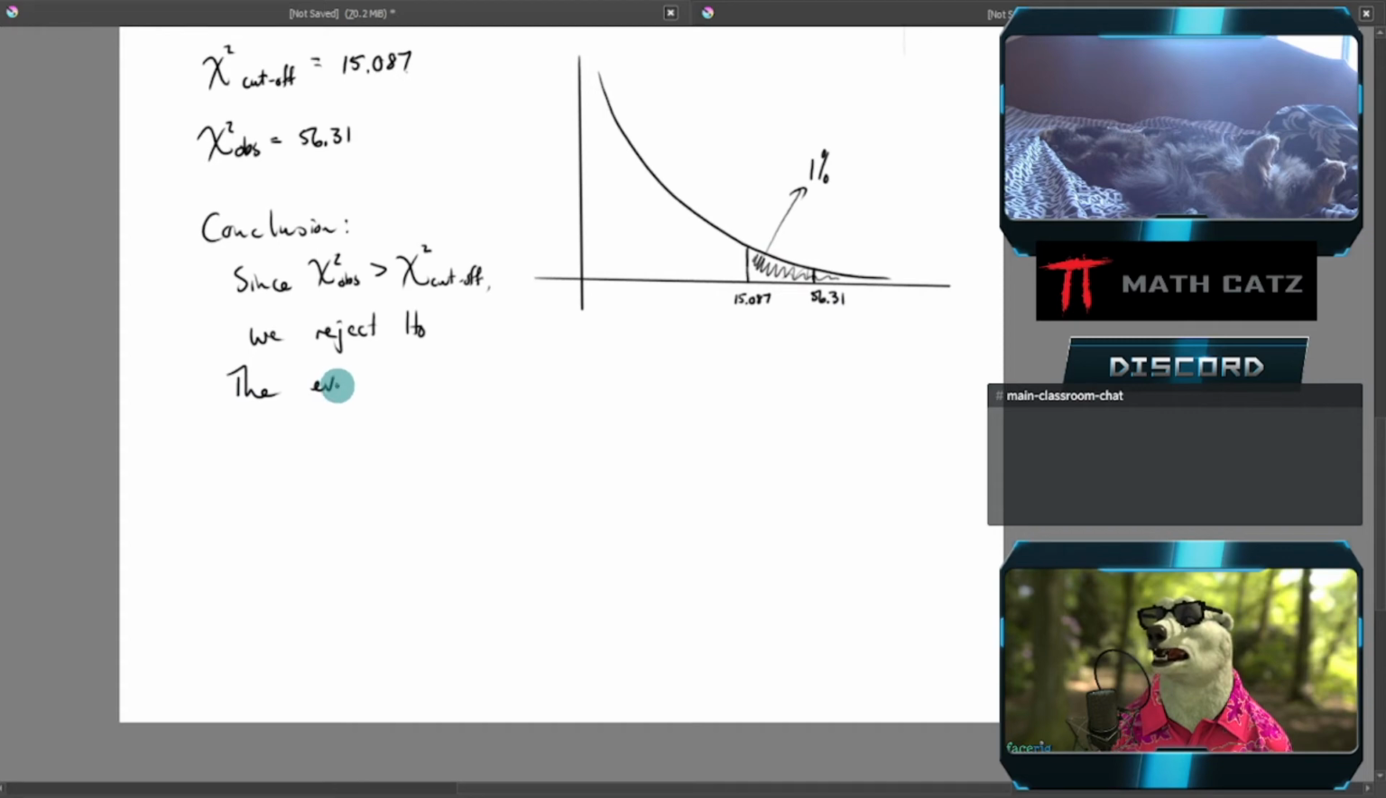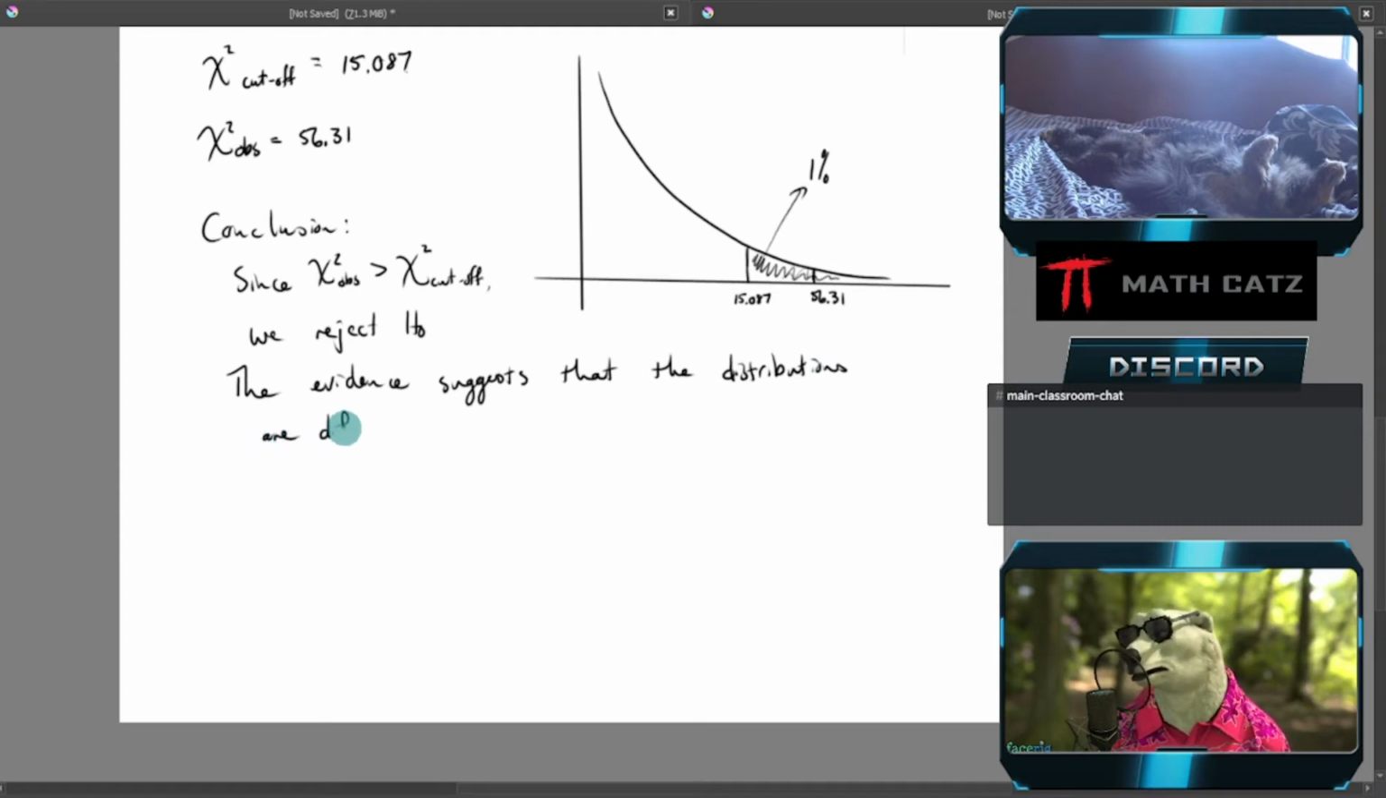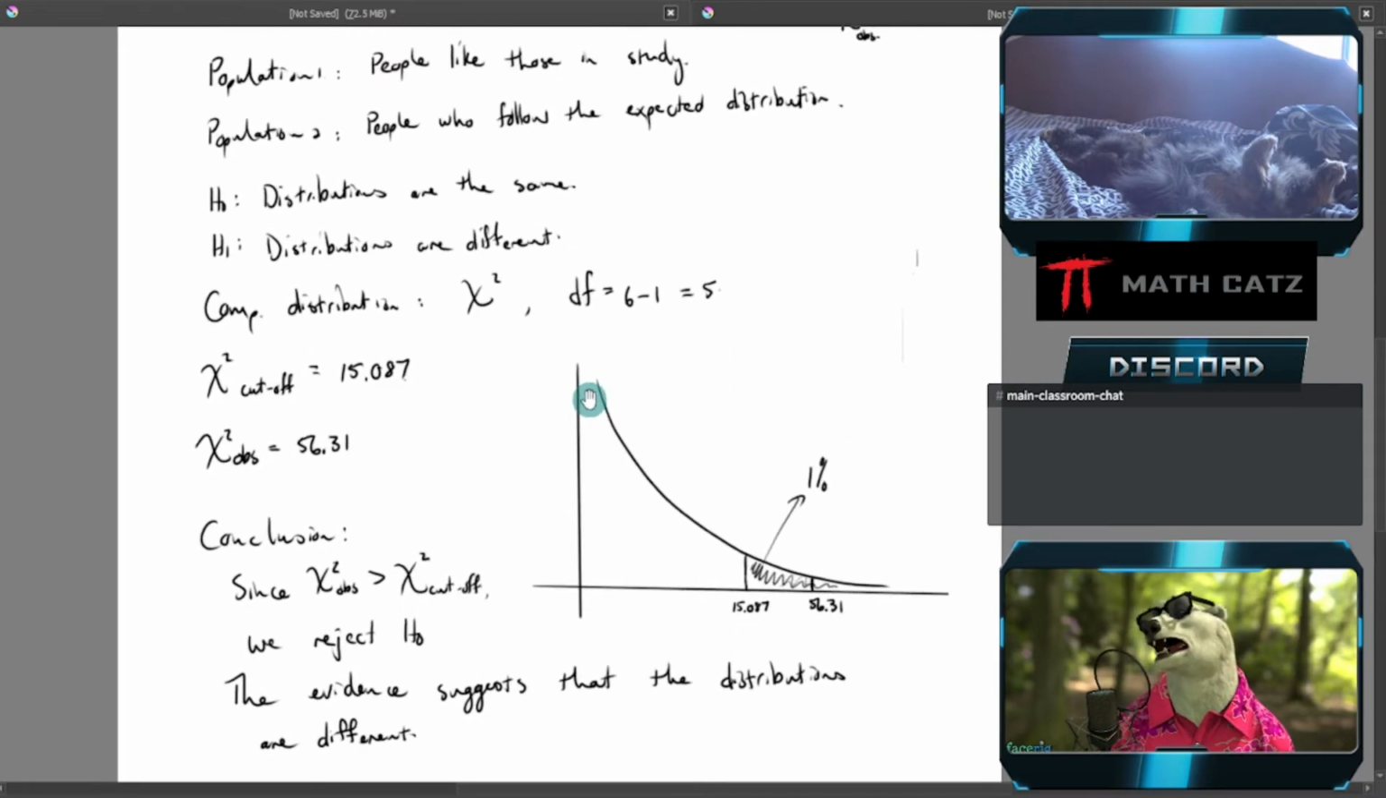The evidence suggests that, I'll just say it like this, the distributions of these populations are different. And our hypothesis testing procedure allowed us to have something more concrete to make this conclusion, and not because we